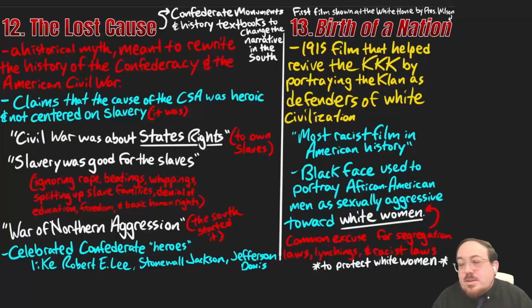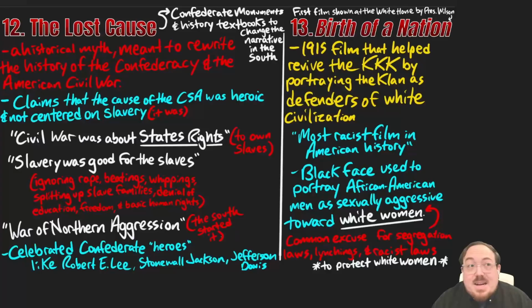Another big cultural thing that will help push this idea is what's known as the film Birth of a Nation. It comes out in 1915. It is all about the KKK, which we talked about in Reconstruction, the Ku Klux Klan. They are basically a terrorist organization that went around killing not only African Americans but anybody who was helping them,